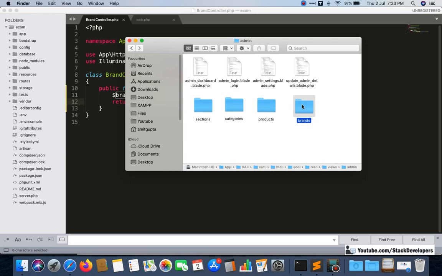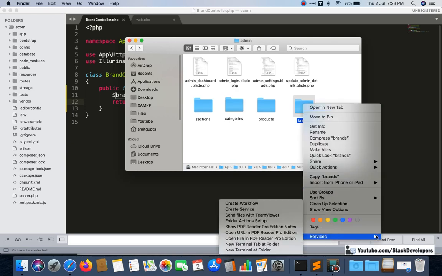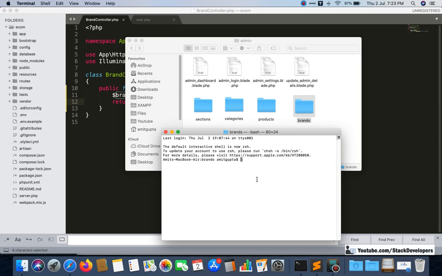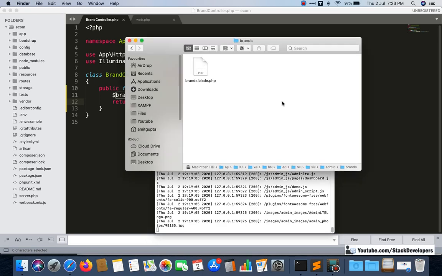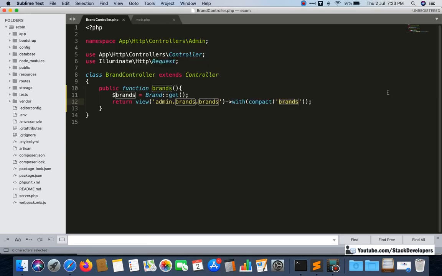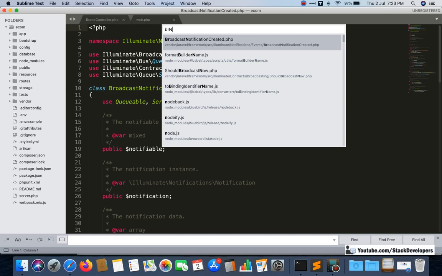On Mac we can create the file like this, touch brands.blade.php. If you are on Windows, you can simply create it by right clicking, creating a new file, and renaming it to brands.blade.php. Our file has been created.